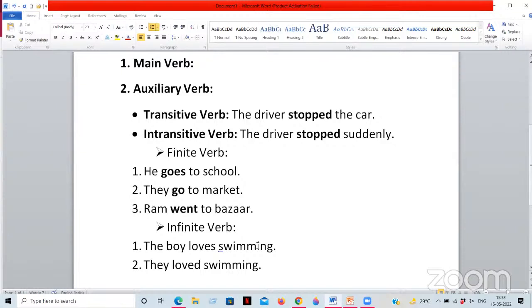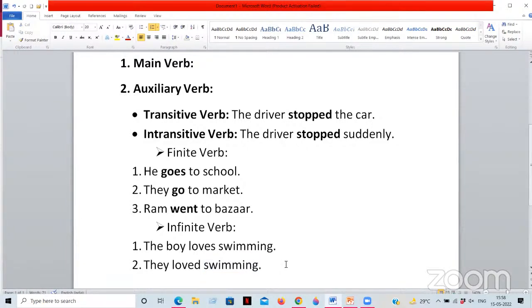I'm not going to discuss all these things, gerund, infinitive, and participle, because that will take more time. Superficially, you can understand that when the verb is not changing, why? Because the boy is here and the boy is singular. This verb has changed. This is a finite verb because it changes. Now this verb is not changing, not only in this case, even in this case also. Even though the tense has moved to past tense, even though the voice has changed, yet it is not actually changing. That's what is called an infinite verb, a non-finite verb. So this was all about verb.